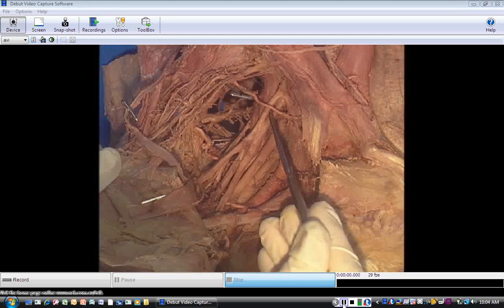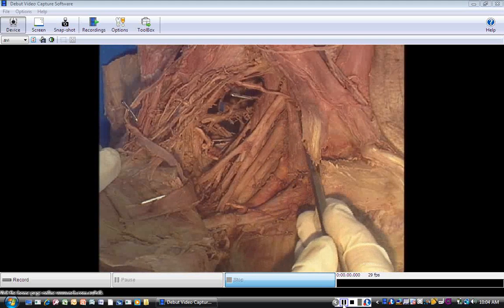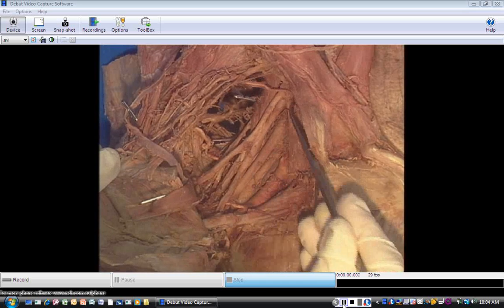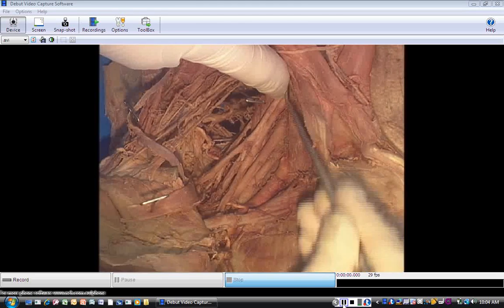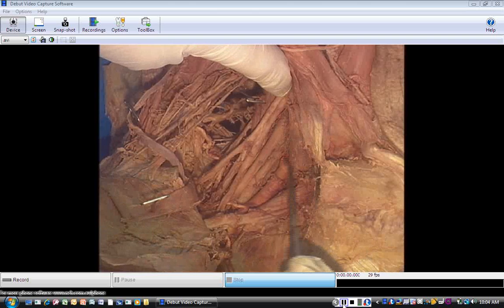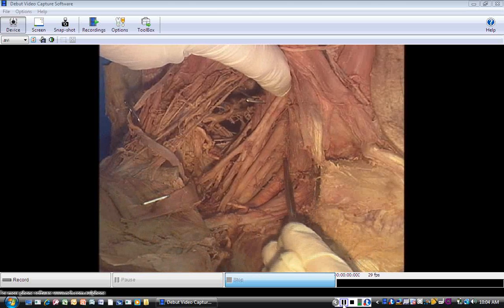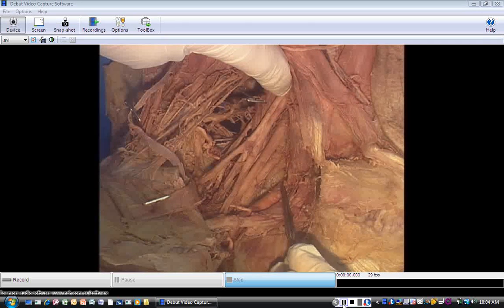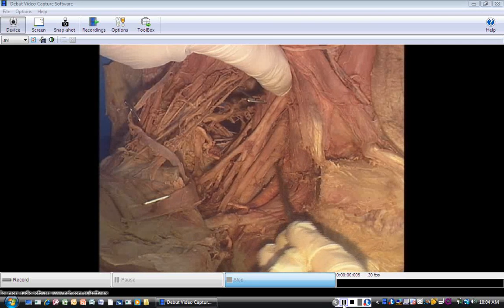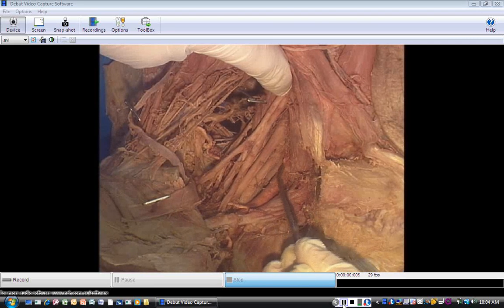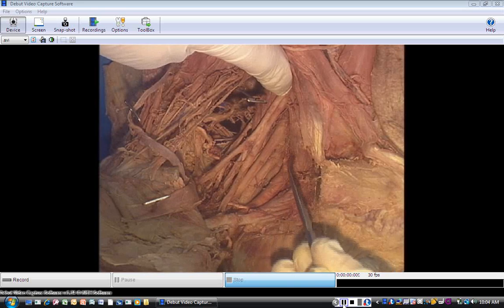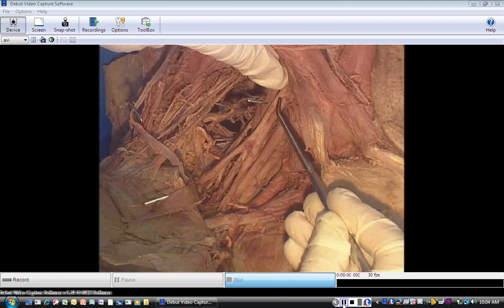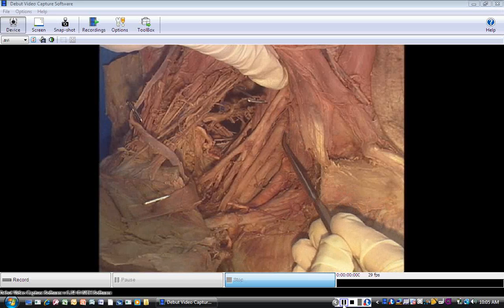Here's C6 ventral primary ramus. Move that little artery out of the way. This is C7. And then down here, close to the first rib, C8 and T1. So those are the ventral primary rami that contribute to forming the brachial plexus, C5, C6, C7,